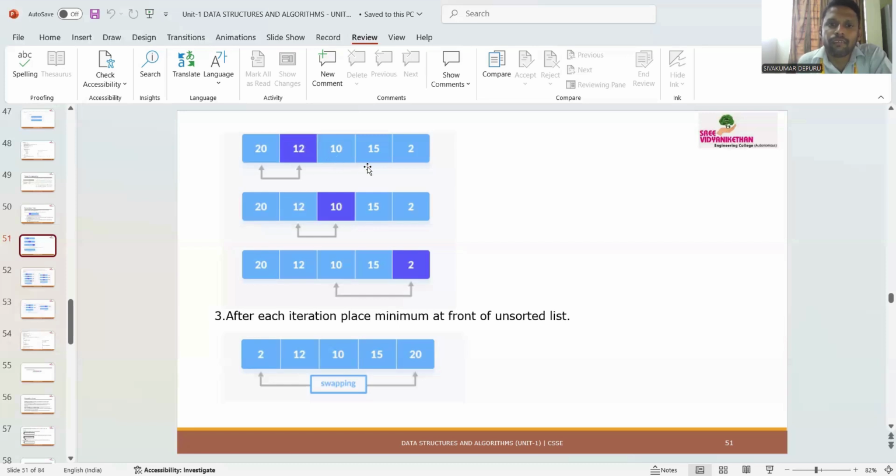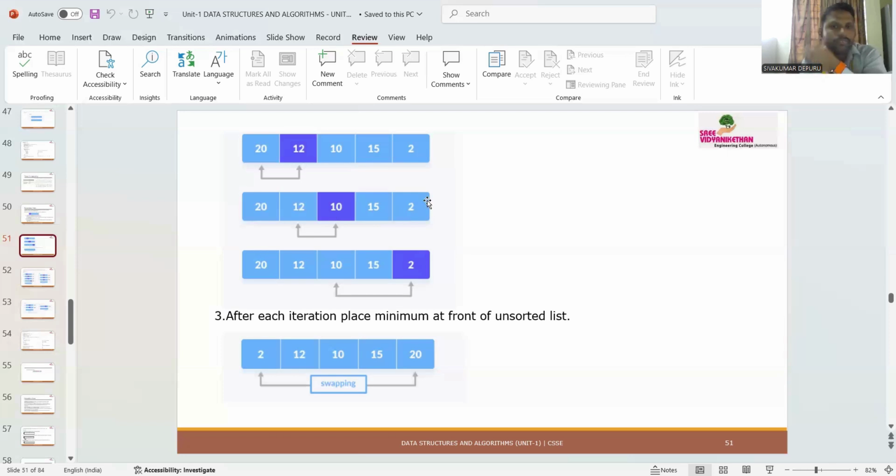Next, again we have to compare 15 with the minimum element. 15 is not smaller than the minimum element, so there is no need to assign it as the minimum. Just compare the next element with the minimum element. The fifth element is compared with the minimum element. If the fifth element is smaller than the minimum element, then you have to set it as the minimum element,